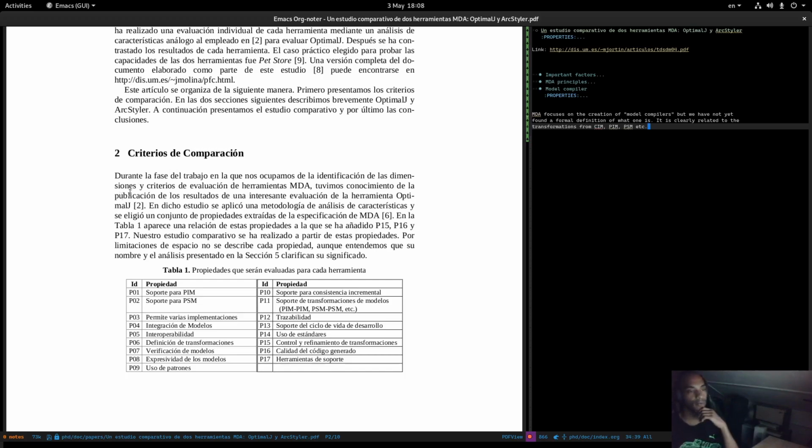This first paragraph, what we're talking about is that whilst they were doing their work, they found an interesting evaluation